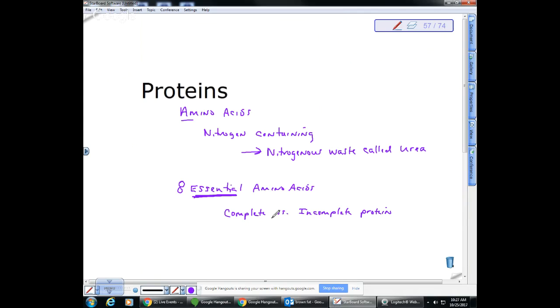And so this would be animal sources, right? So this would be animal meat. It would also be eggs, for example, okay? Also dairy's got lots of protein in it. Those have all 8 essential amino acids. Okay. Incomplete proteins are typically from plants,